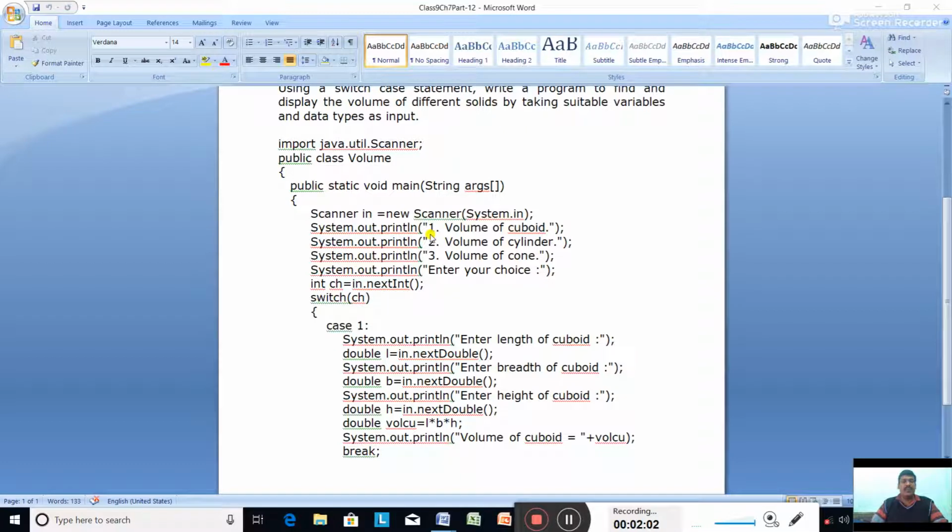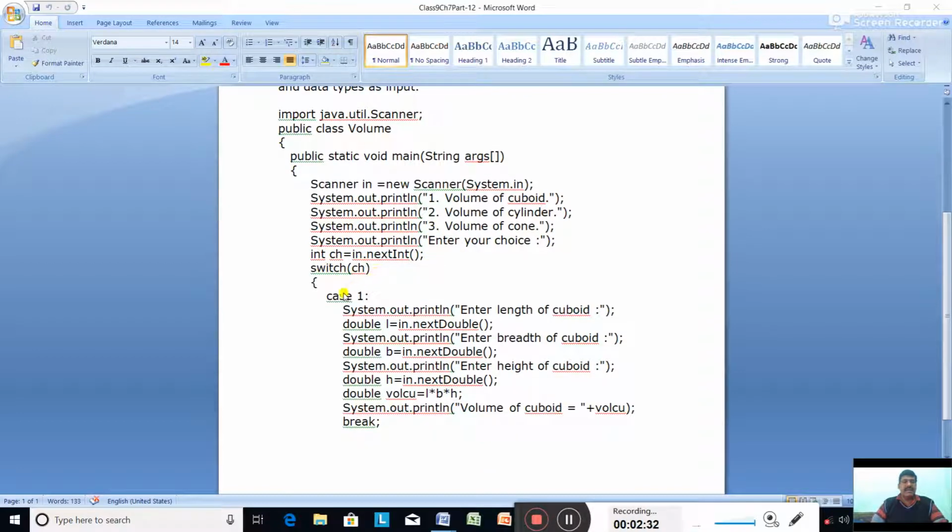So if you want to find the volume of a cuboid, what you have to press? 1. If you have to find the volume of a cylinder, what you have to press? 2. If you have to find the volume of a cone, what you have to press? 3. And next one, System.out.println enter your choice, ch is our choice, which will be 1, 2 or 3, and if it is not in the 1 to 3 range, then incorrect choice.